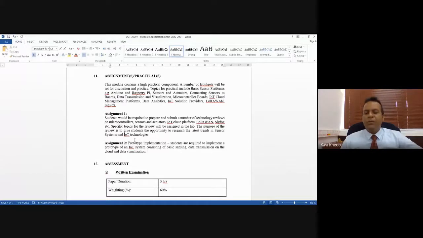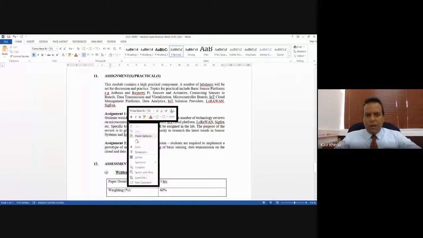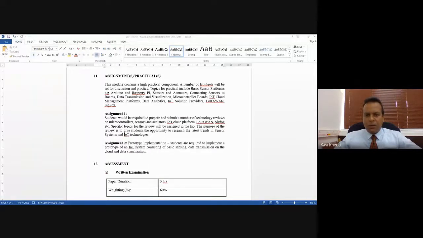So your lab for the first semester will consist of 2 things. Those technology reviews that you have to prepare and submit. You will have around 5-6 technology reviews, and then you will also have